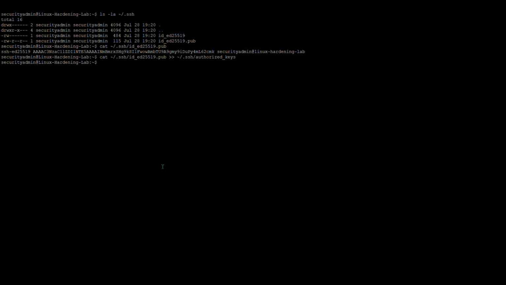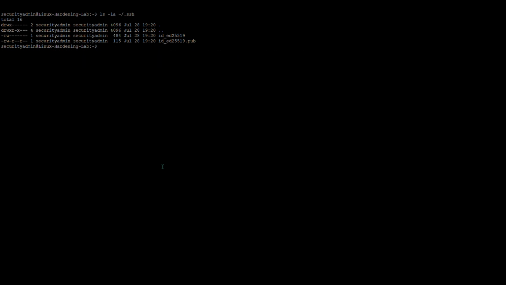In the next step, we'll verify that everything is configured correctly and then test SSH key-based authentication before making any security changes, such as disabling password logins. I'll run the following command: